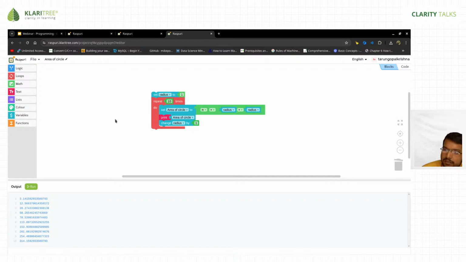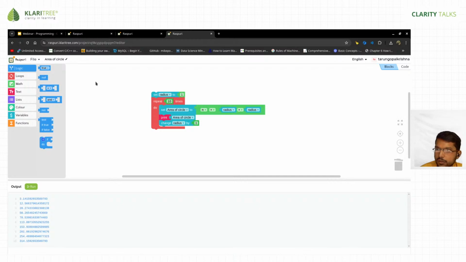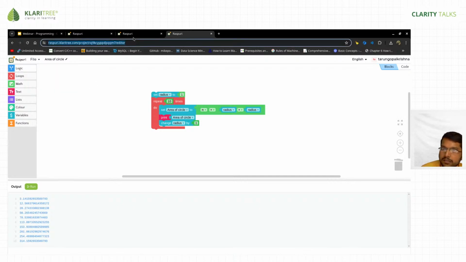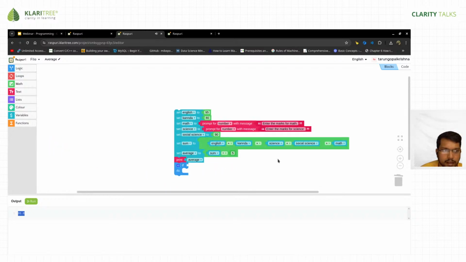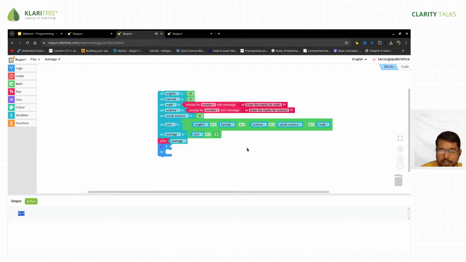Yes, so I think I've covered most of the basic operations, right? And last but not least, to show you a very basic example, let's do that in this, use the logic block and check if average